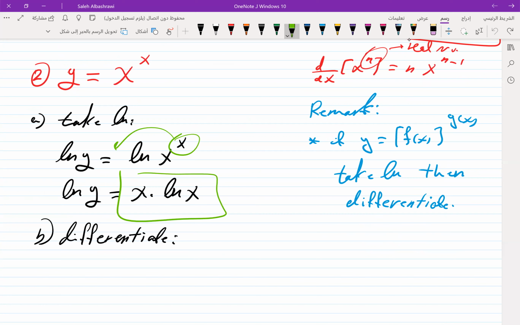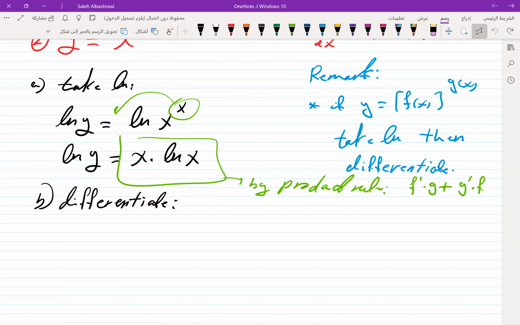This is the product rule, which is f prime g plus g prime f. The right hand side is multiplication of two functions, so to find the derivative, we will apply the product rule. Now the derivative for the left hand side will give me y prime divided by y